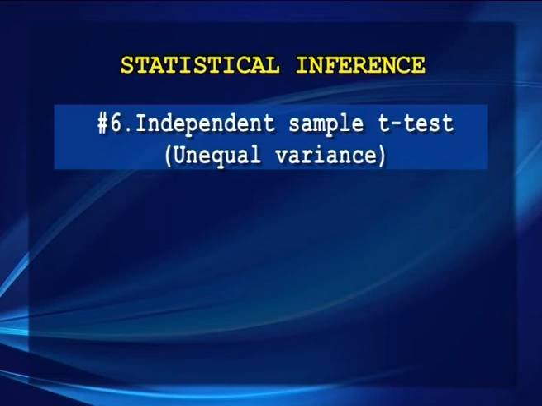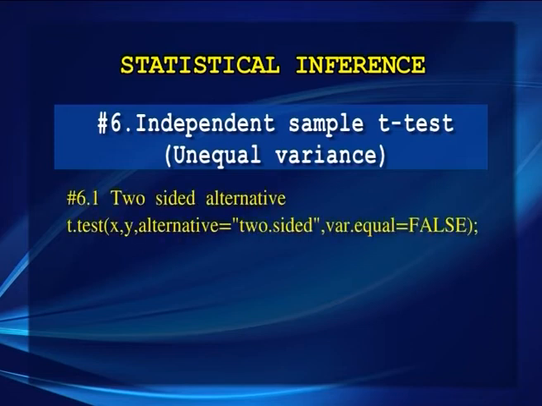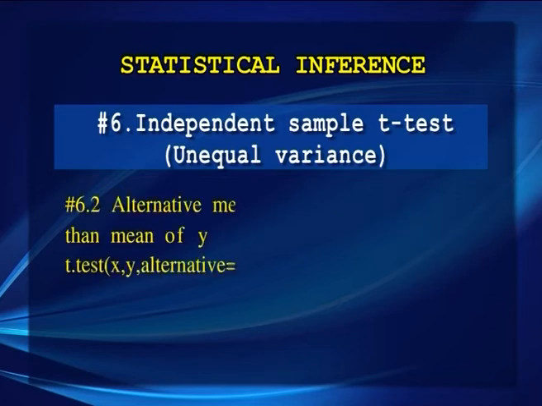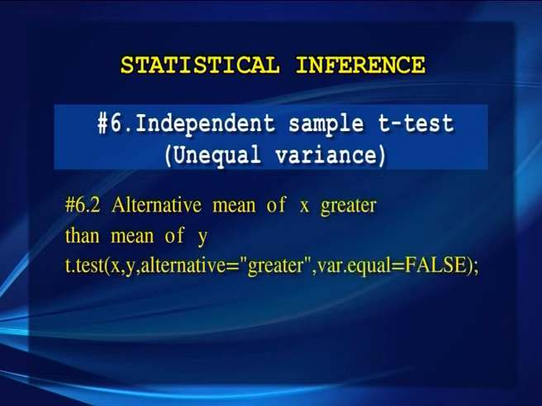Then we see the command for the independent sample t-test for unequal variance. For a two-sided alternative, the command is t.test(x, y, alternative = "two.sided", var.equal = FALSE); If the alternative is mean of x greater than mean of y, then t.test(x, y